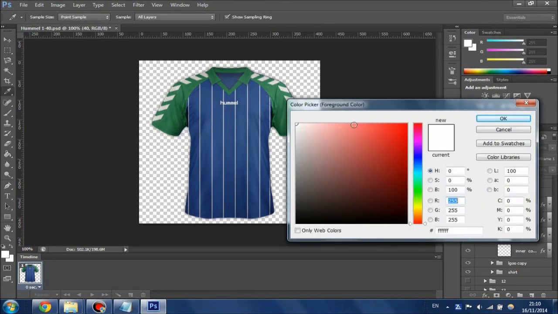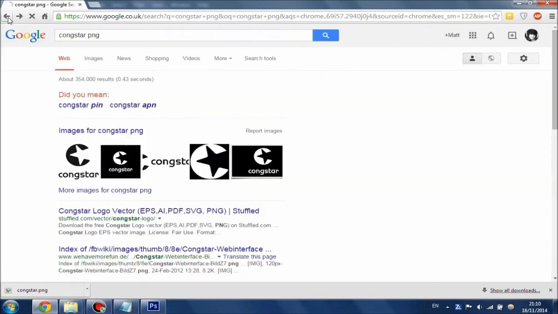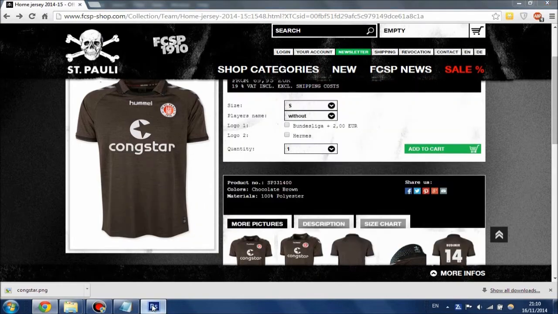So we're just going to go and get ourselves a nice browny kind of colour. Now, where would brown be? I'm going to be sort of here. That's a darkish one. It's almost like a dusty kind of colour. Let's see if we can just find ourselves the correct home jersey. Here we go. So it's a sort of dusty, brownish sort of...